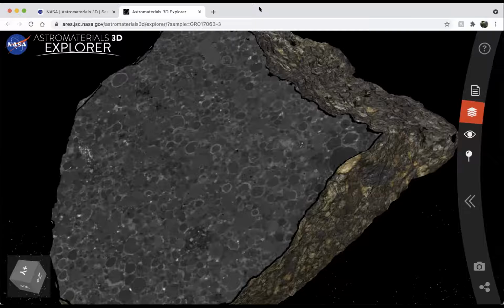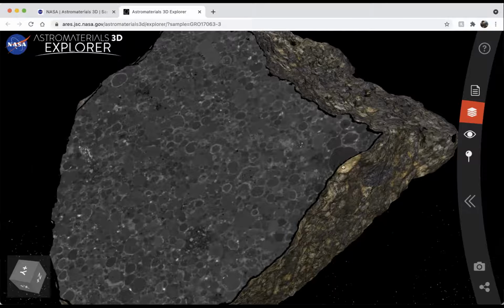So you're all on the right track, and what we see here are these tiny little circles. Some of them have even these white rims. And these are the chondrules that we have been talking about. And what's so exciting to me about this particular sample and being able to see into the sample is that you get to see actually